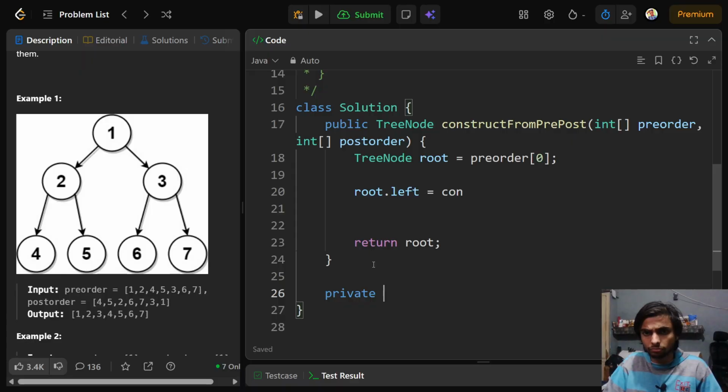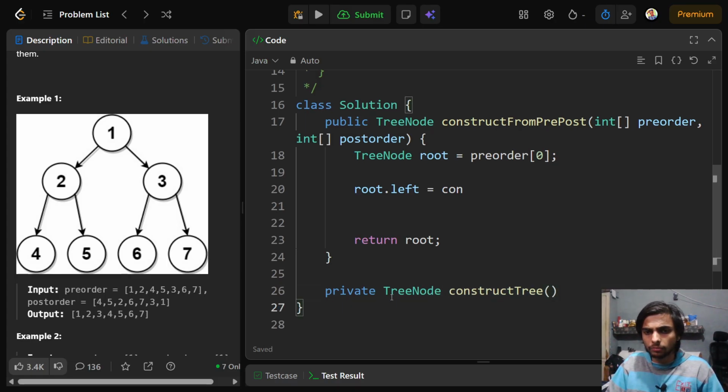Private void construct tree. What information will we be needing in order to construct a tree? Tree node. Well, first of all, we need to know